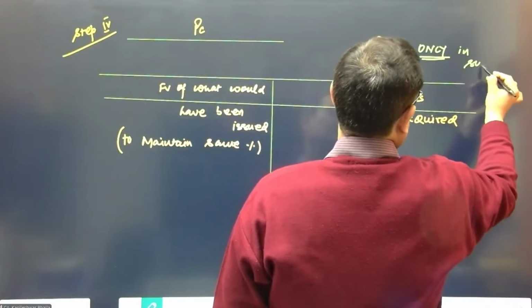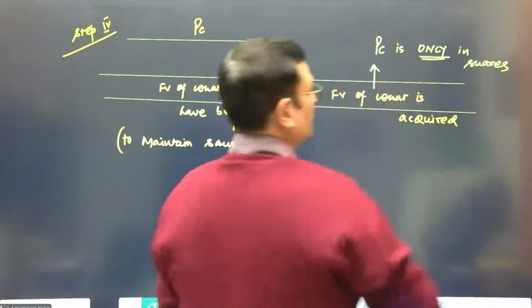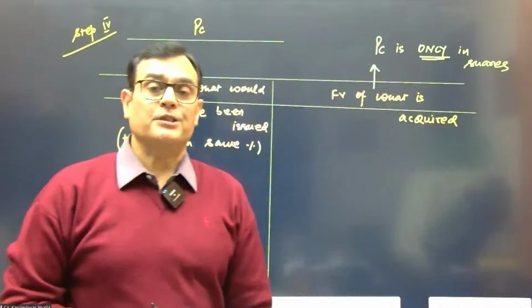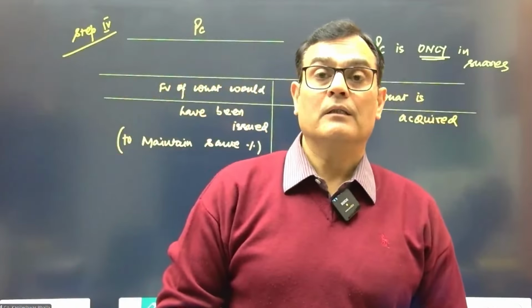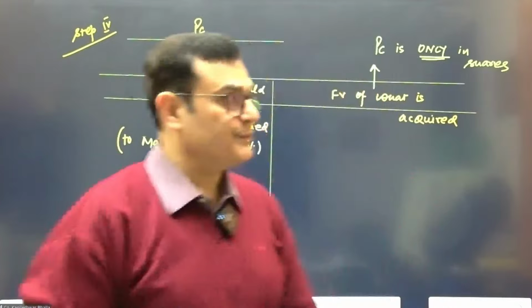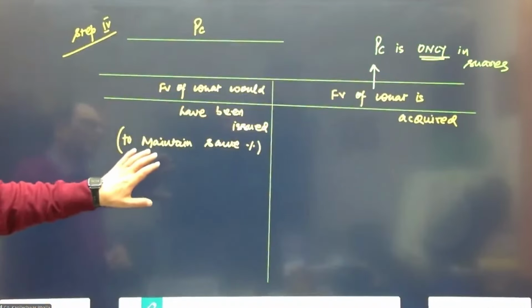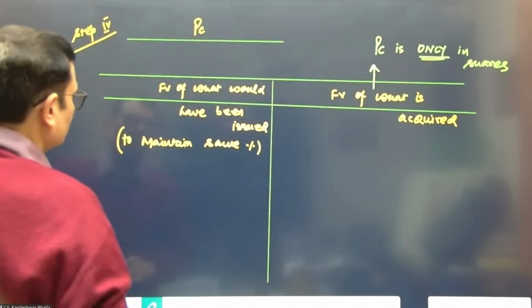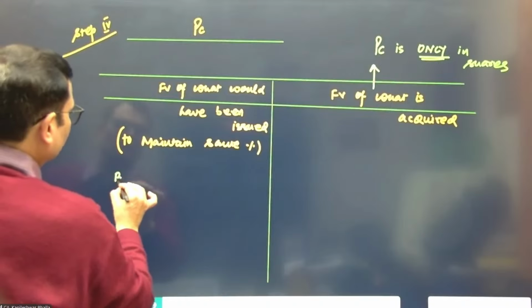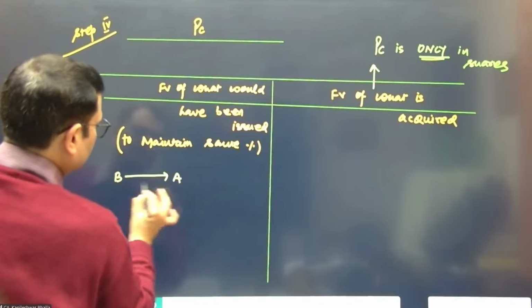So we have done the funda that if the PC is only in shares, your PC is not the fair value of what is given, but the PC is more reliable as the fair value of what is acquired. And let's first consider what would have been issued to maintain the same percentage. So we want to see that if B would have given shares to the shareholders of A, what would have